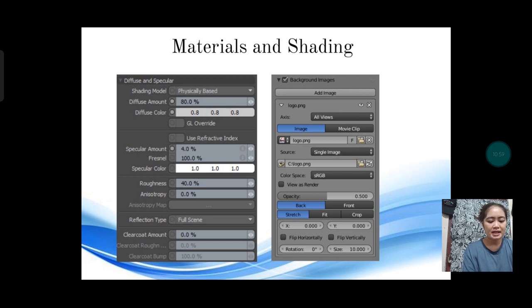100% smoothing is enabled by default. Then make default sets this as the default material for all new materials. Then add to library saves your material to the shader tree under the name layer. For example, if you name your material my blue, a new my blue material layer is created. Then click.